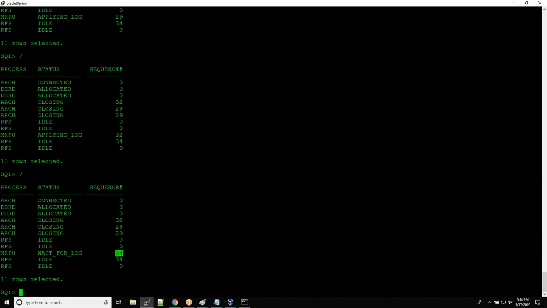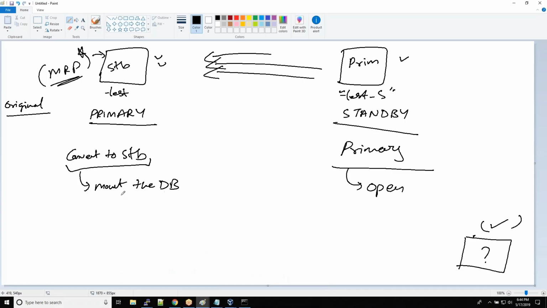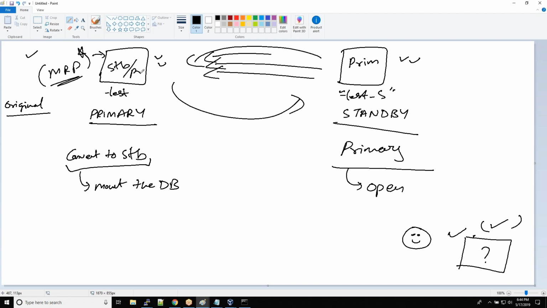right? So with this we can conclude that our switchover activity was perfectly fine. And in this switchover activity, what we have done is we have completely switched the databases. The clients are happy, the client did not face any error, and this earlier standby became primary, and this earlier primary became standby. So if you want to revert back to the original configuration, you once again perform a switchover, right? So you convert this standby into primary, you convert this primary into standby, and clients will continue to work